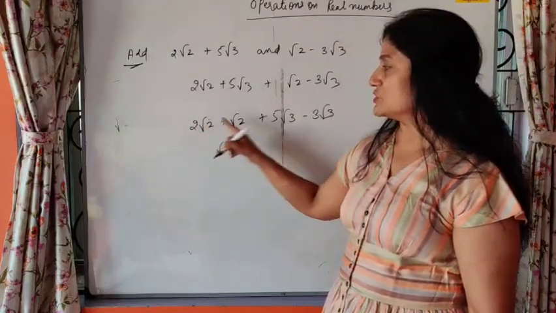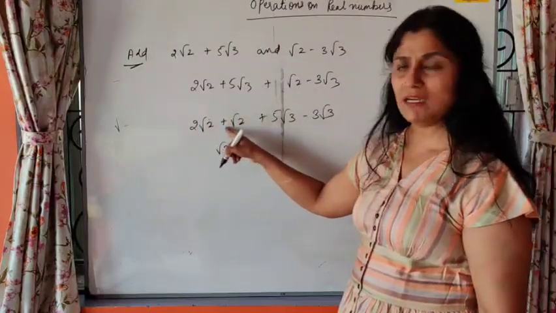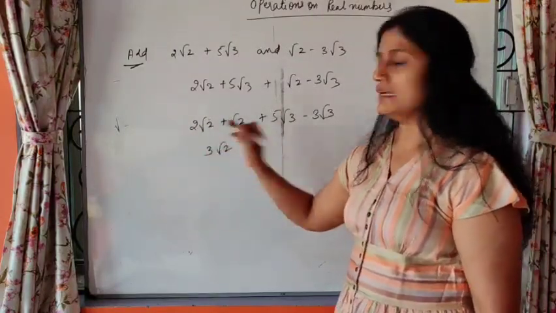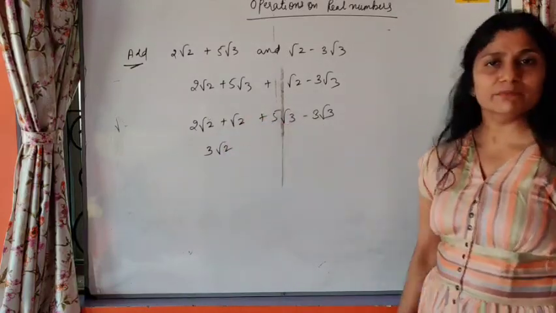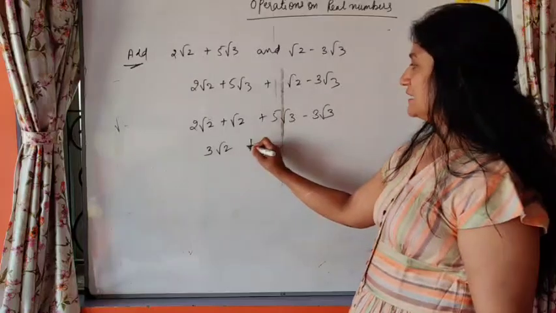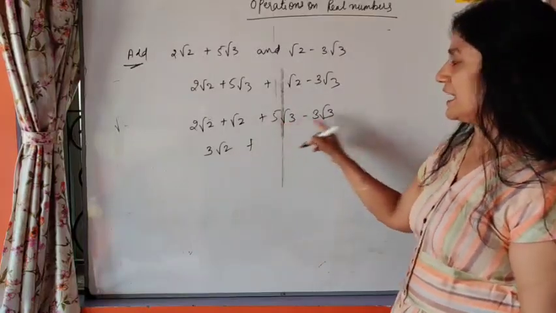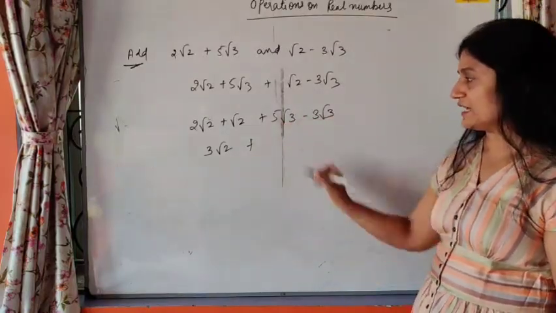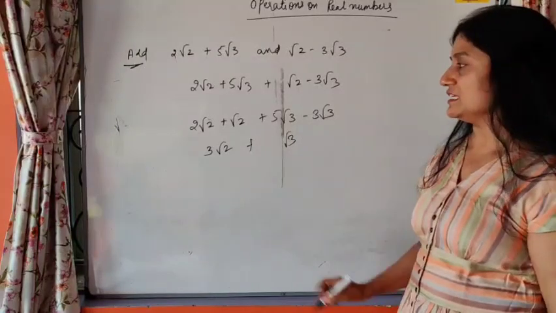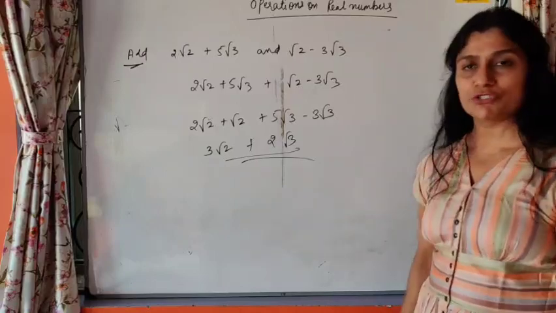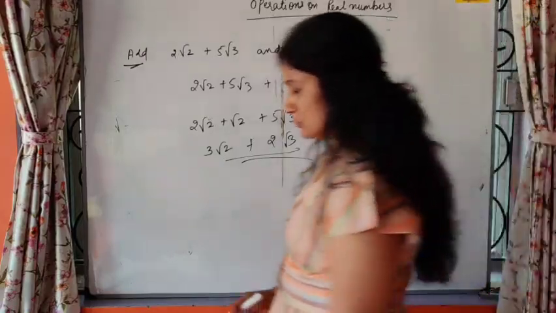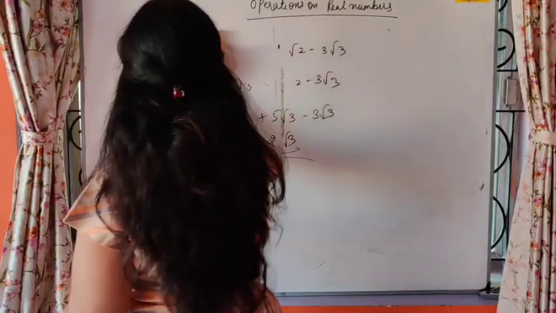Now here the number is 2. If nothing is given, it is 1. So 2 plus 1 will be 3. So 2 root 2 plus root 2 becomes 3 root 2 plus. They are like surds. You can add and subtract. Root 3 will remain as it is. 5 minus 3 is 2. The answer comes to 3 root 2 plus 2 root 3. Now the next question is